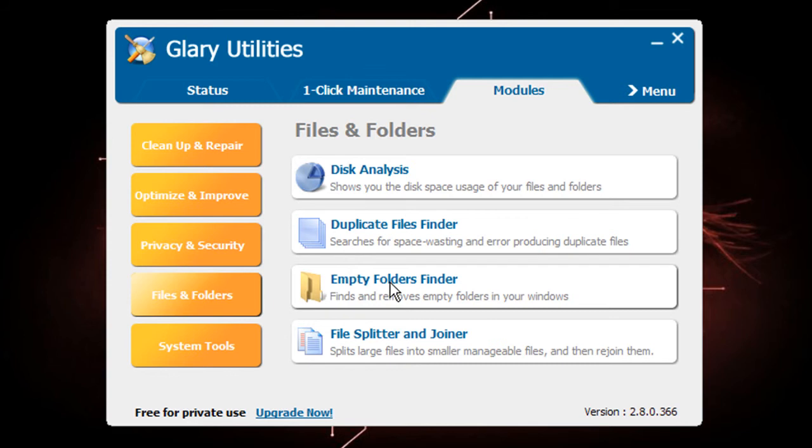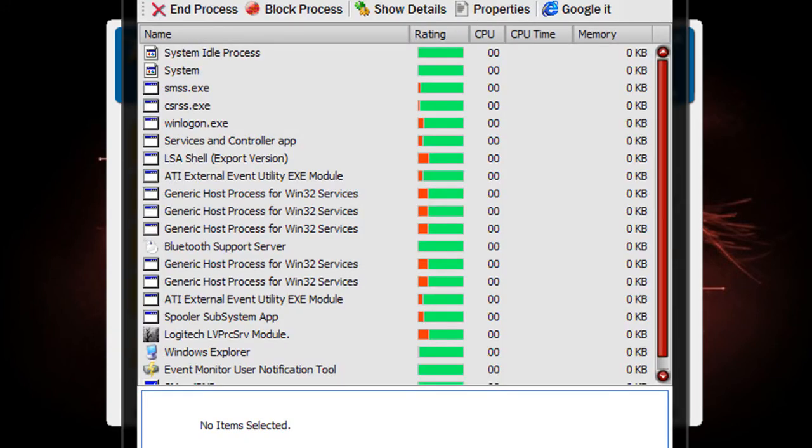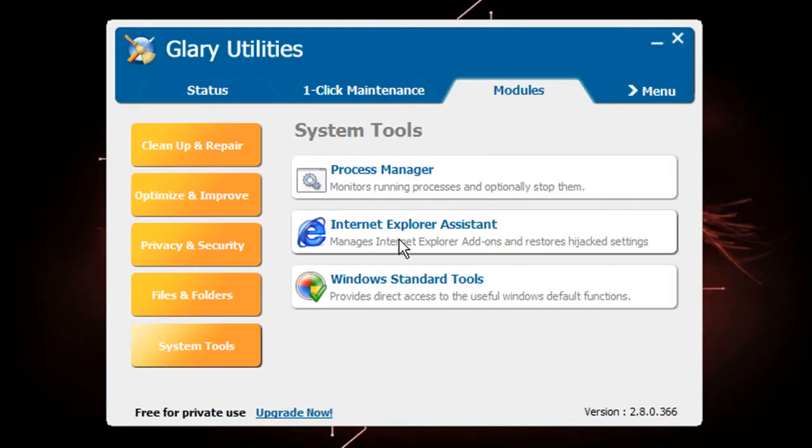And here, if you have any junk empty folders, it deletes those too. And this is file splitter and joiner, something like defrag. But here is the process manager. I'm sure you already know this. Internet Explorer assistant and Windows standard tools.